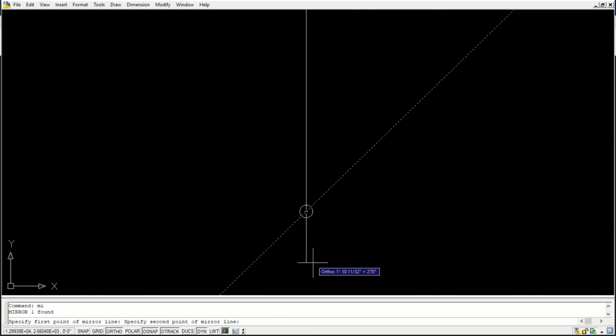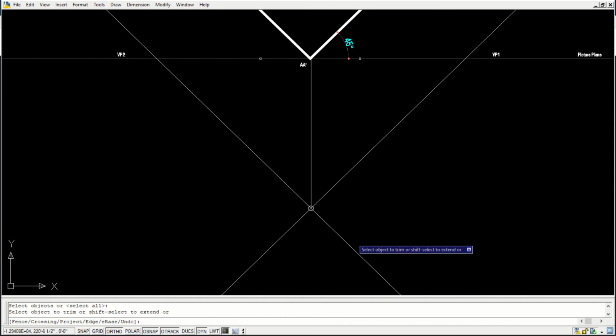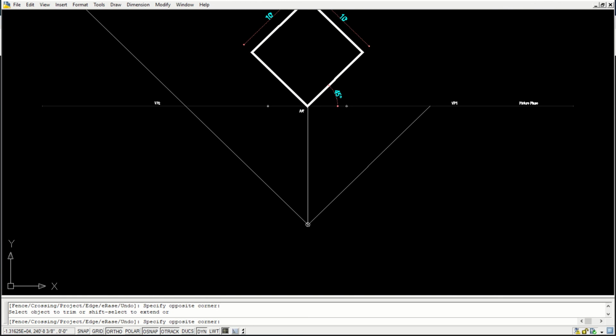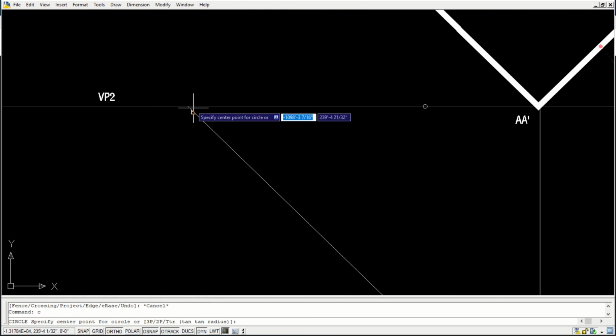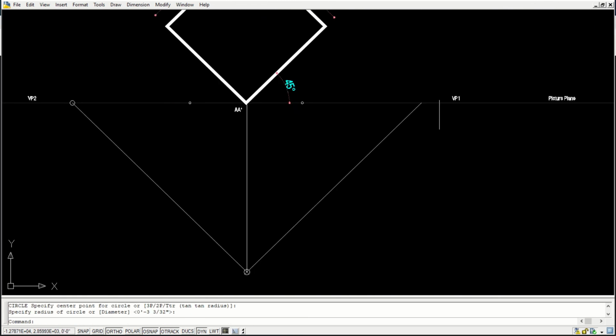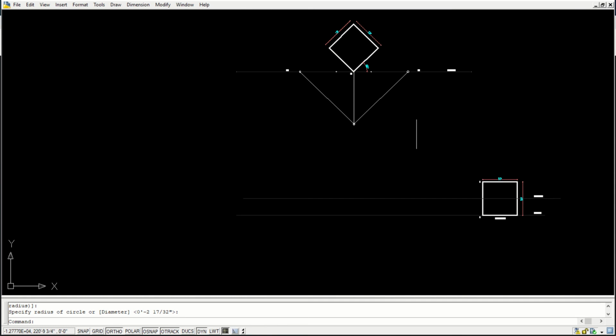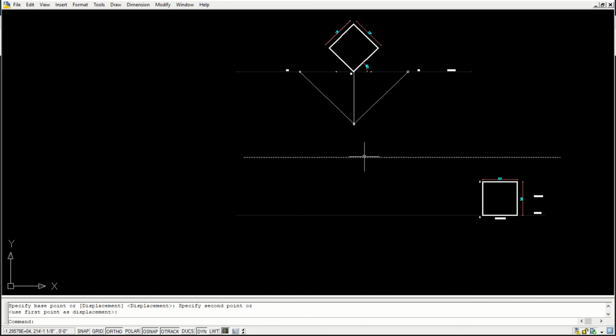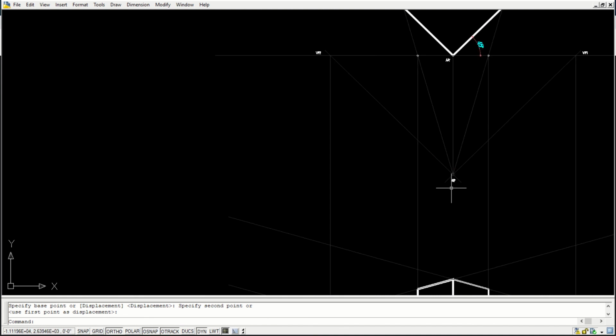So the vanishing point remains the same. Now the only thing is I'll take this eye level above the object. Let's say I'm observing the object from above. So that's the only change I make to this drawing.